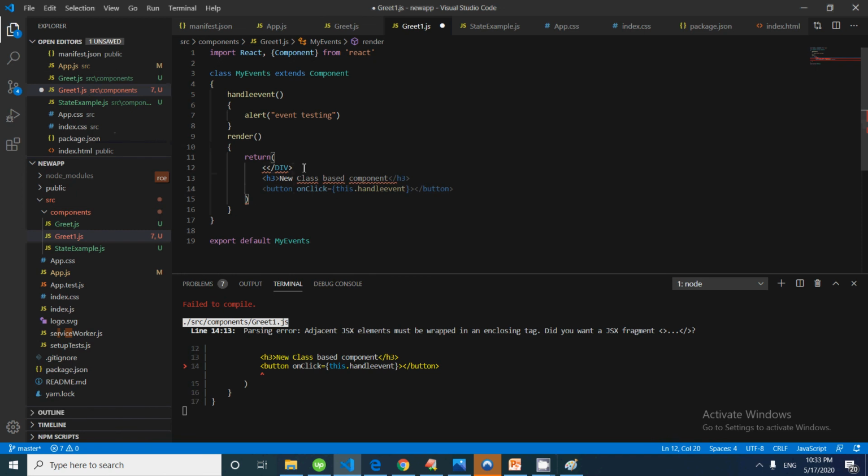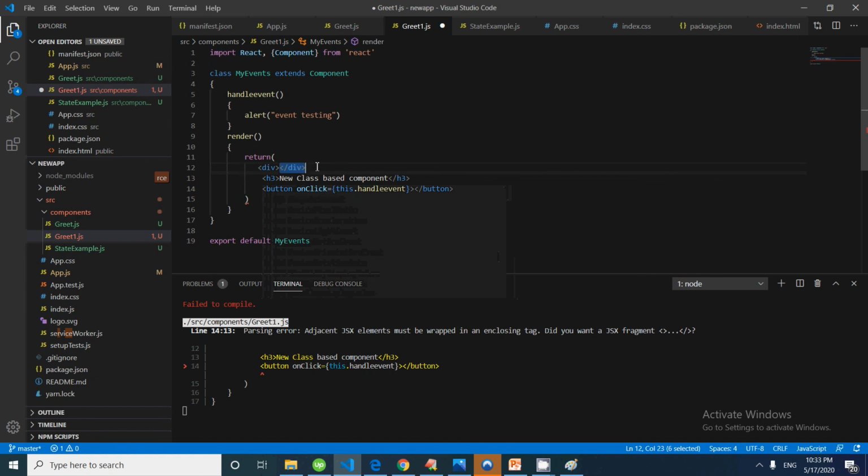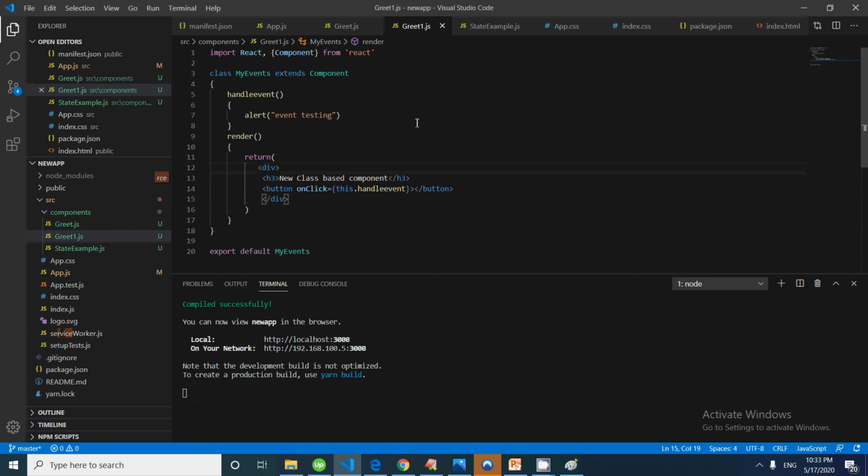Since we have multiple items, the main rule is that whenever you have multiple items, they should be inserted into one single view, because this class cannot return more than one view. So this is one view, so in one div you will be returning these two.